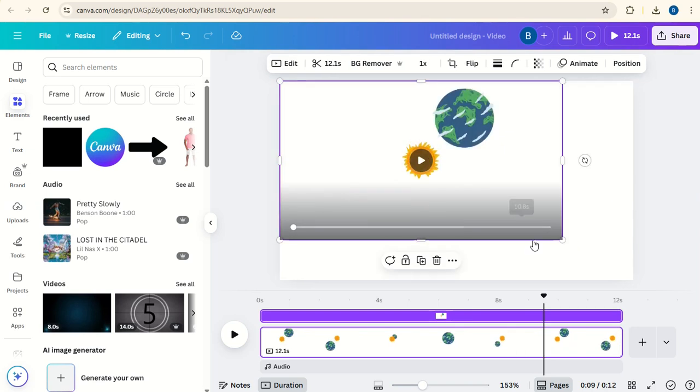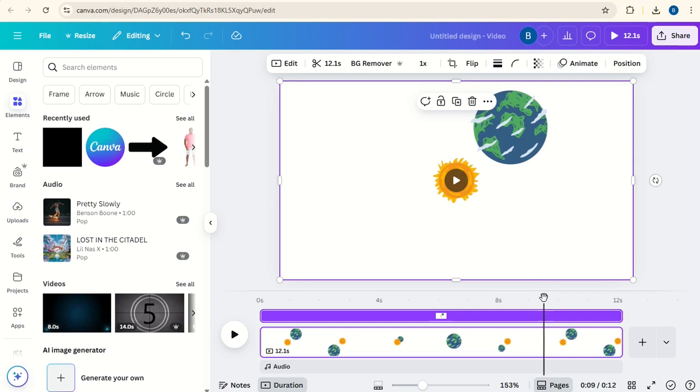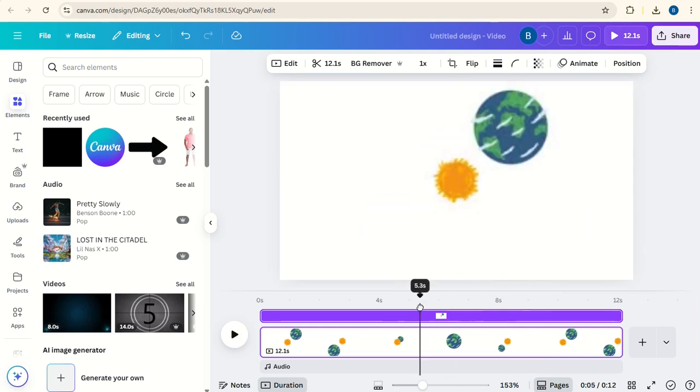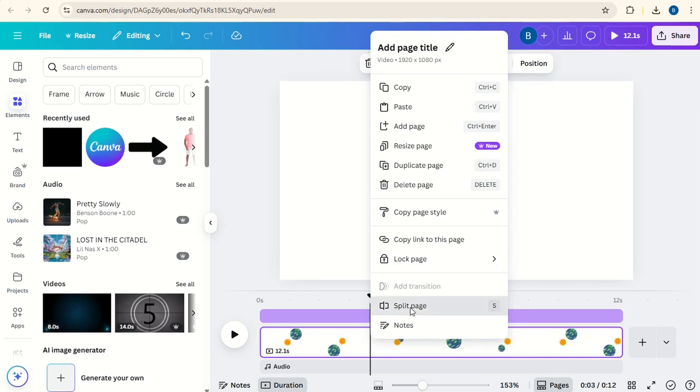Once it's uploaded, we need to increase its size to fit the canvas, and then down here at the bottom we're going to choose a specific part of the video that we want to use for our logo. So I'm going to start here when the moon goes behind the sun. That's the earth behind the sun. And then right click, click split page,